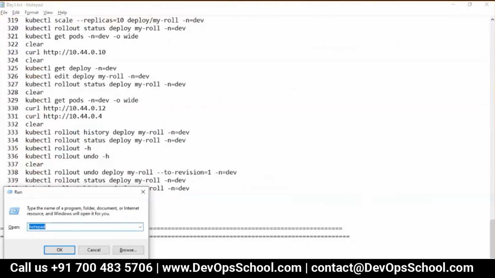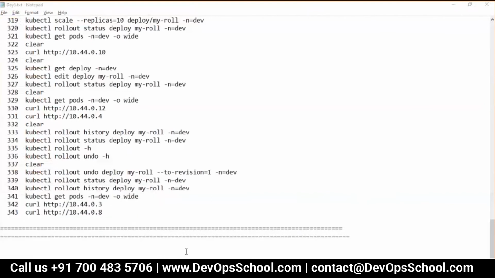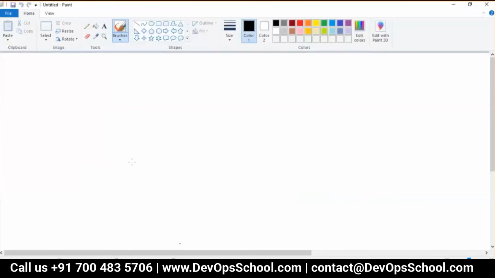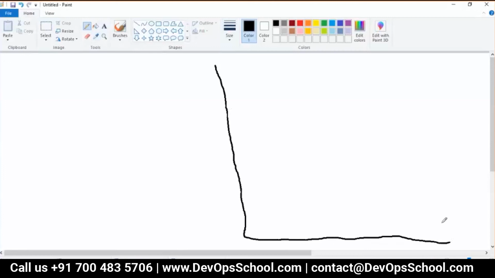So guys, I would like to explain a little bit with pictorial diagrams as well in a different way, so you will understand this and this concept will be permanent for you. So see it here. Now this is your cluster. Okay, think about it.